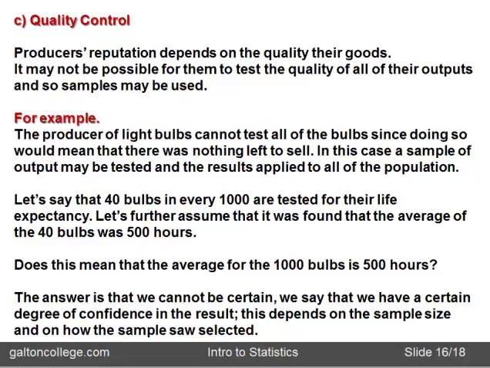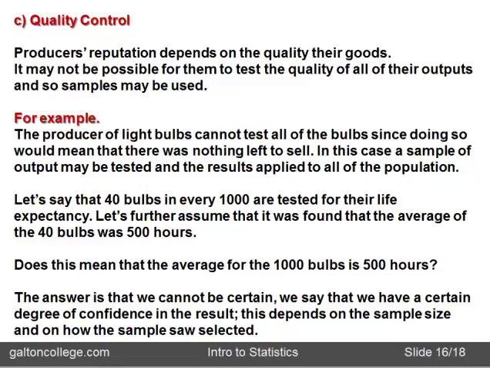Quality control. Well, we're back to light bulbs in a sense. We want to know what is the quality of the item. And to do that, sampling within the production has to take place to find out what the quality is, if it meets standards and so on. And the example with the light bulb, here it is again, I just mentioned. We take 40 out of every 1,000 to test for the life expectancy. And let's say we found it was 500 hours on average.